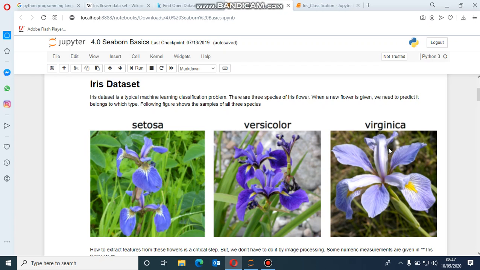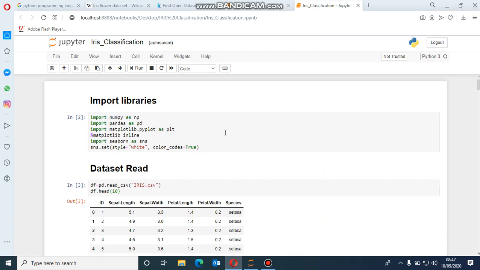So let's dive in a little bit more with respect to the problem. The very first step in the execution of any code is library declaration. As you can see here, we have imported NumPy as np for mathematical functions, pandas as pd for data extraction, cleaning and preparation, and matplotlib and seaborn for data representation.